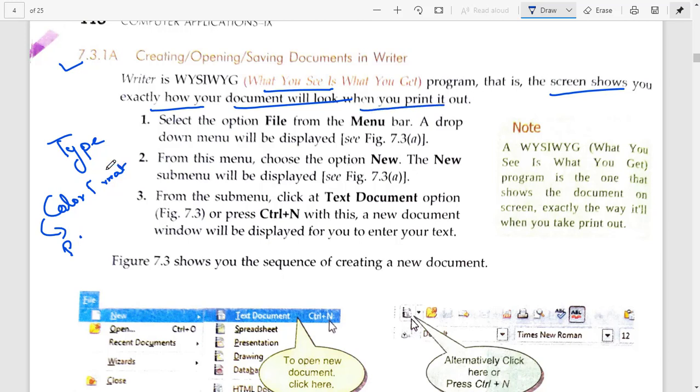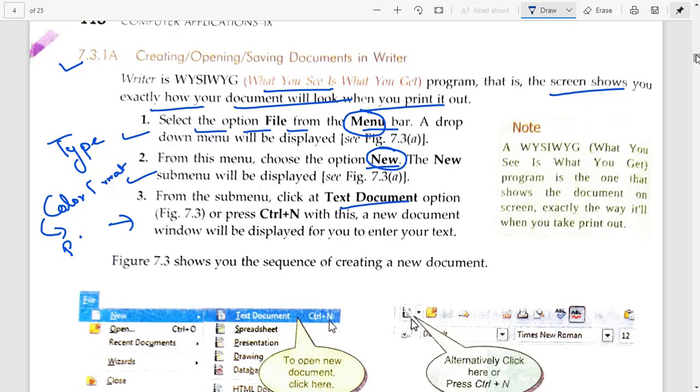Let's write the first point. What we have to do for creating, opening and saving our documents: select the File option from the menu bar. When you click on this File option, a drop down will appear, and from that drop down you have to select the New option. When you click on this New option, a submenu will appear, and from that submenu you have to select the Text Document option.